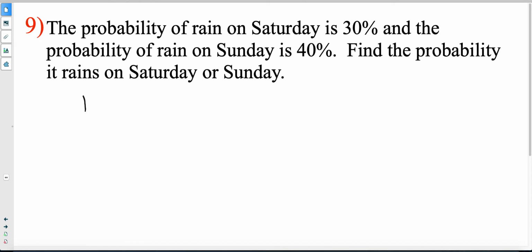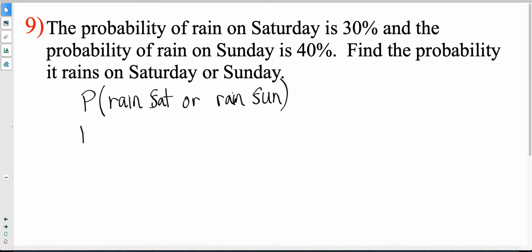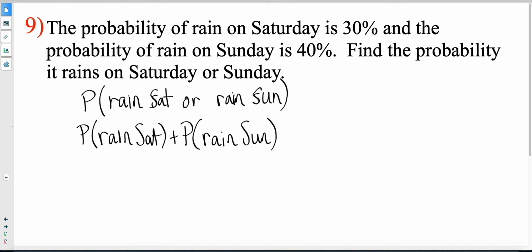We want the probability of rain. So let's say rain on Saturday or rain on Sunday. Okay, capital S's, right? That's going to be broken down to the probability of rain on Saturday plus the probability of rain on Sunday. So we could have it rain on both days. That's the overlap. So minus the probability